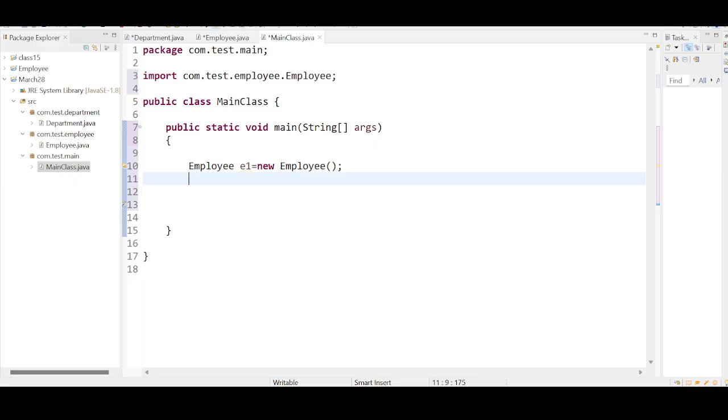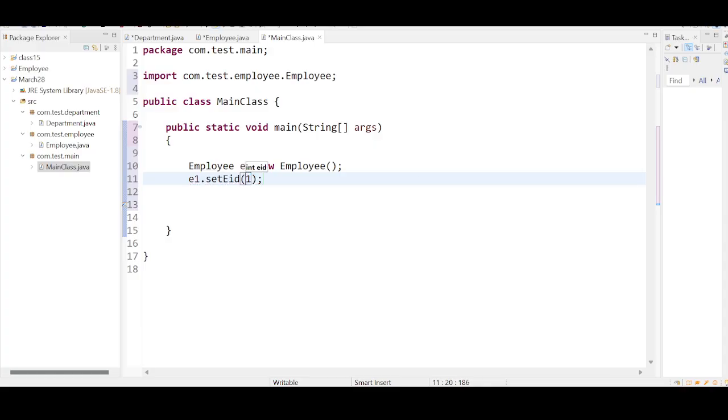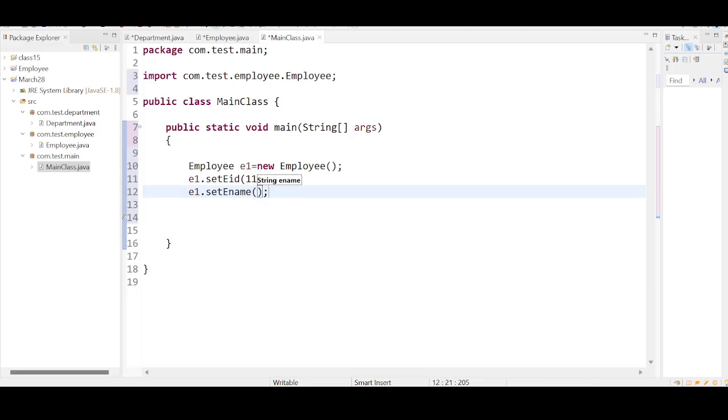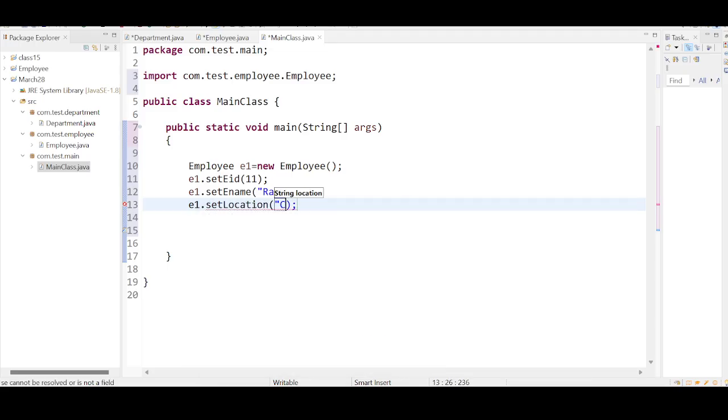So E1 object is created. So I want to set what? E1.setEmployeeID, let me take 111. E1.setEmployeeName, let me take Ramesh. E1.setEmployeeLocation, let me take